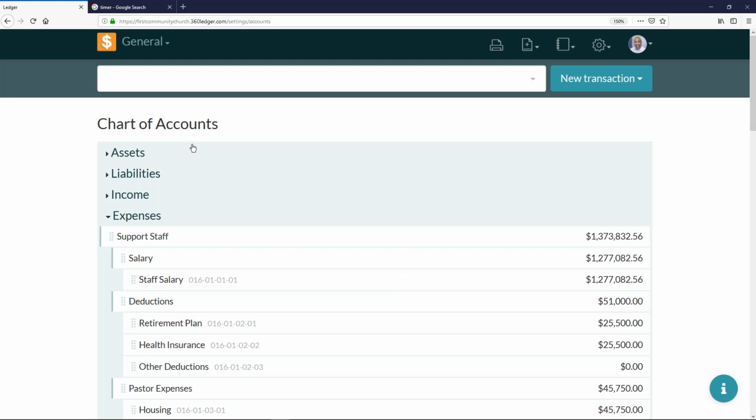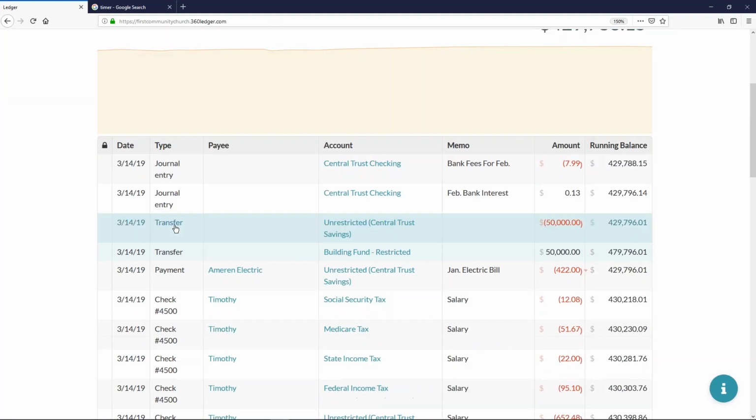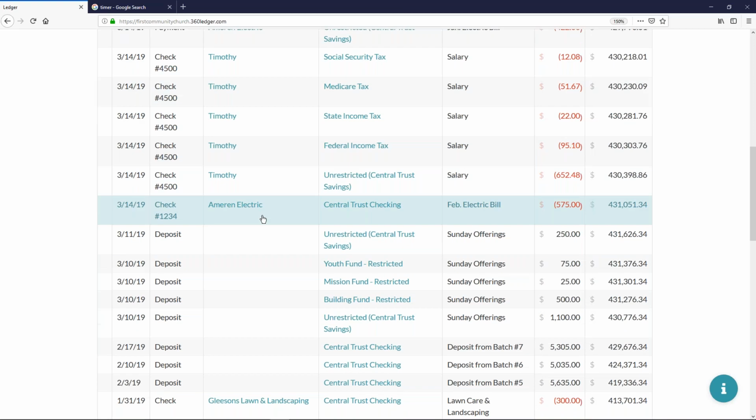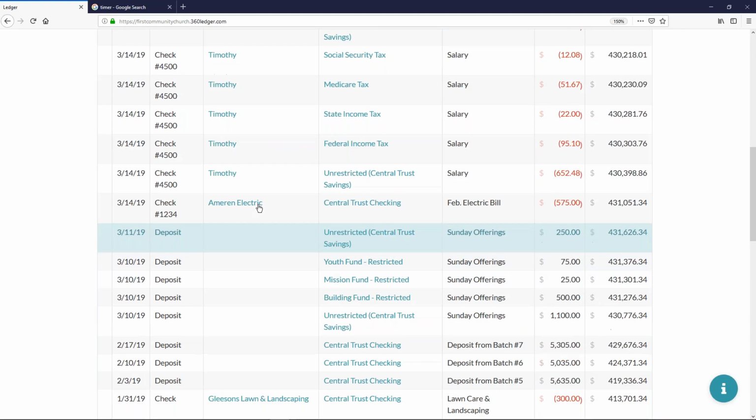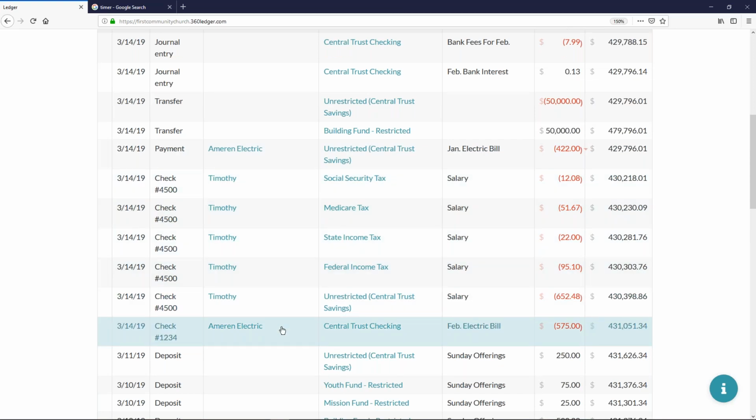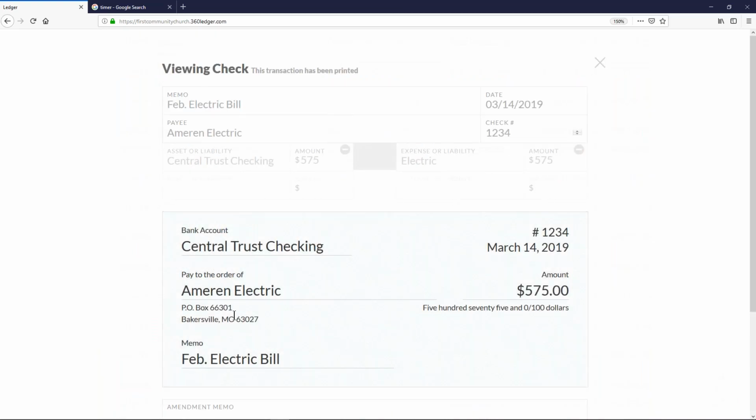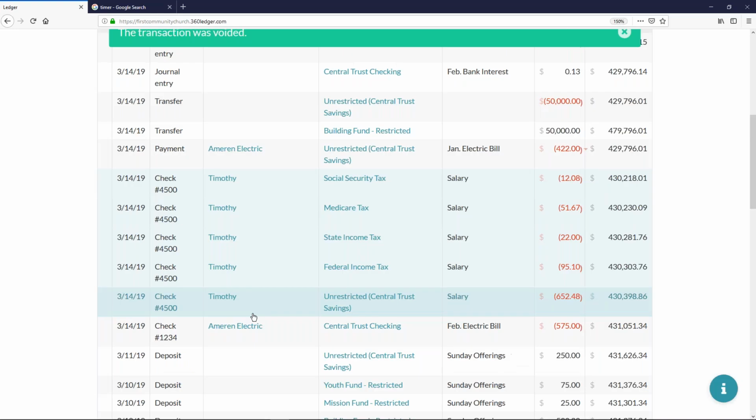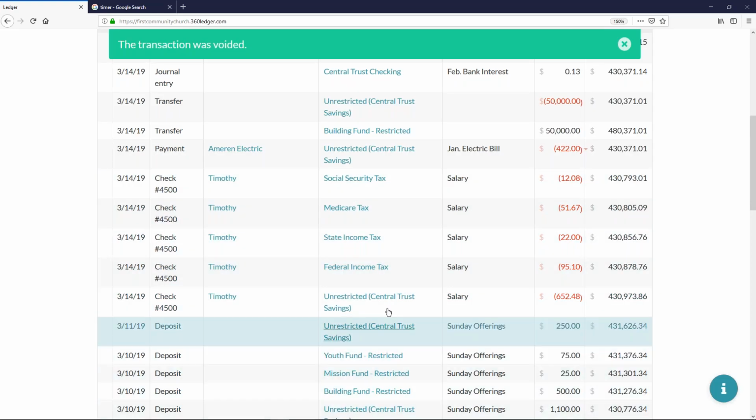So let's show voiding. If we go to the home screen, inside of here we find there's a transaction that we've entered that we really didn't need, or we made a mistake on it. So say we've got these two transactions. We've got Ameren Electric here and we've got Ameren Electric here, and we did not mean to pay them twice. So say that we need to void that transaction. We could click on the check here, then scroll down and go to void, and then you'll just confirm your void. Now when you void that transaction, it'll disappear from this view, but if you go up